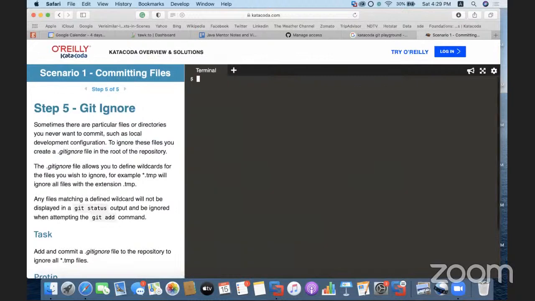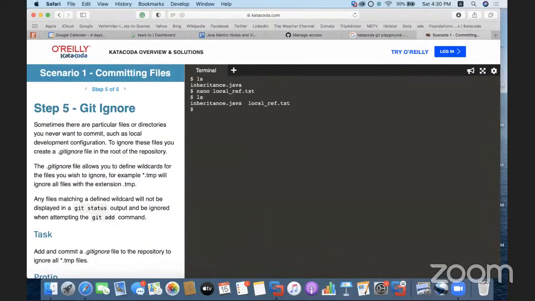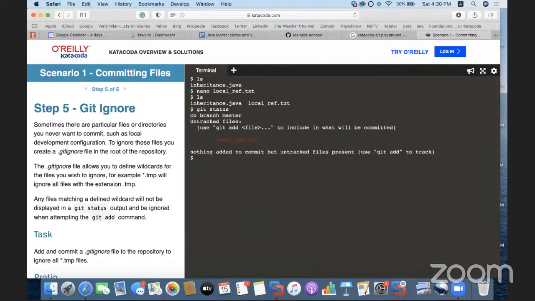ठीक है, मान लो मेरे इस प्रोजेक्ट डायरेक्टरी में if I do an ls command, you can see I have an inheritance.java file. ठीक है, मैं ऐसे ही बना देता हूँ, एक मैंने ऐसे बना दी लोकल रेफ फाइल, local ref.txt। मैंने कोई एक ऐसी local reference.txt फाइल बना ली मान लो। ठीक है, local ref.txt, this is garbage information. ठीक है, अब ये मेरी गार्बेज इंफॉर्मेशन, मान लो यहाँ पे 2 फाइल्स हैं, एक inheritance.java, एक लोकल रेफ। ठीक है, मैंने git status निकाला, git status में देखो आपको दिखा रहा है local reference.txt फाइल जो है वो अभी मेरी वर्किंग डायरेक्टरी के अंदर पड़ी हुई है।